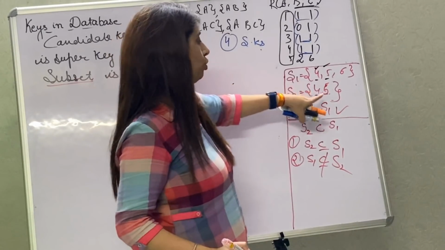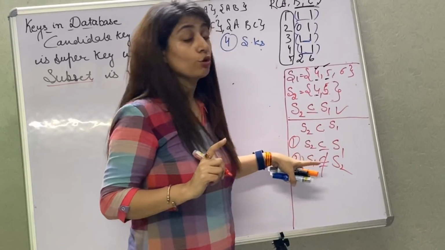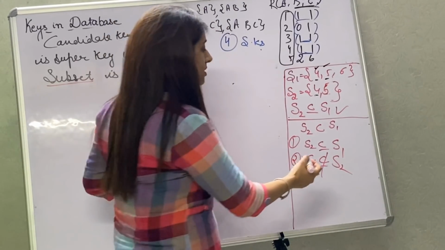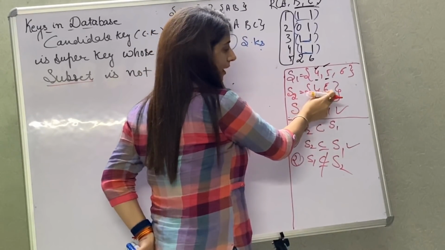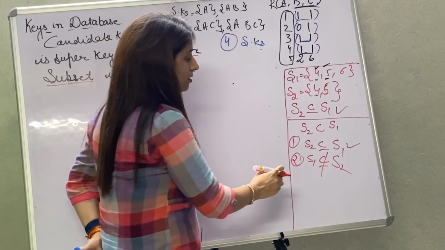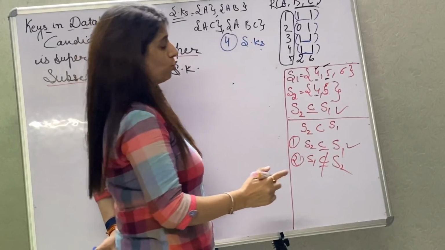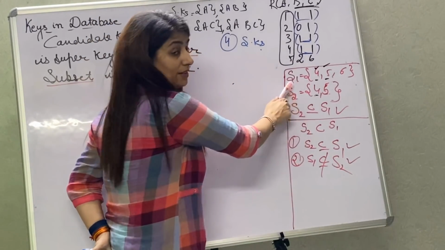I have shown you that if I write 6 here, then it can be a subset. But here the condition is that it should not be a subset. So this condition is already true. S1, 4, 5, 6 is not here. Only two values are there. Fine. So this is not a subset of S2. So this is also true for the proper subset.